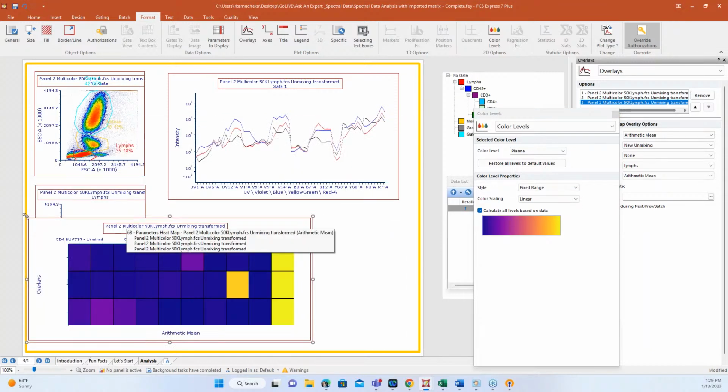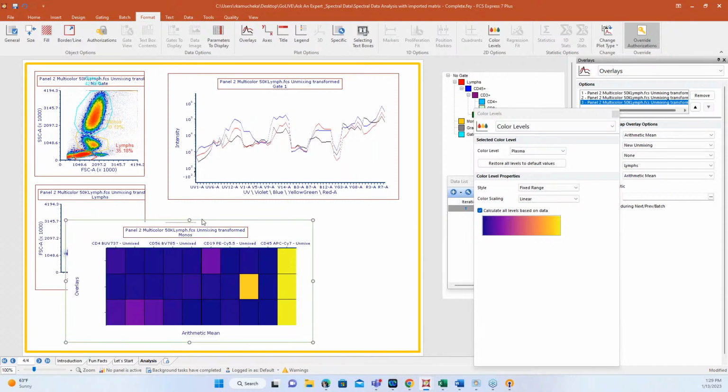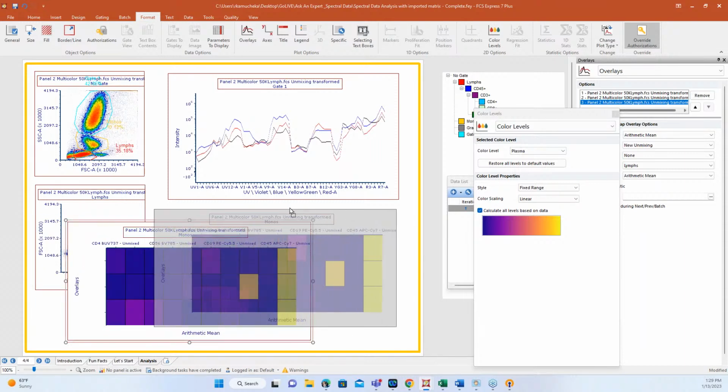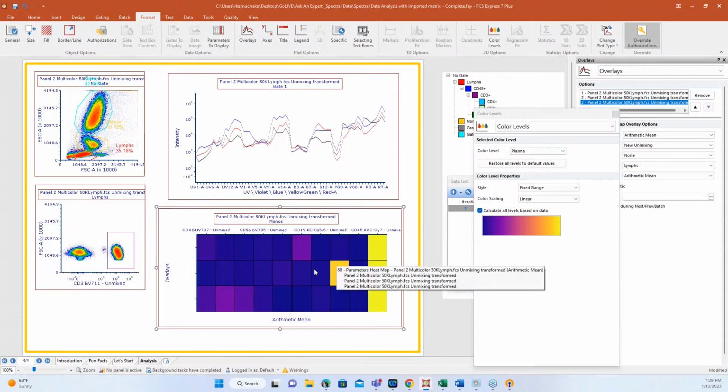And when you have these huge numbers of parameters, right, that's where you really get the benefit out of spectral data. I can do 40 parameters pretty easily without concerns of, is that a real signal or is it not? And being able to check down and check on my data, that's super important.